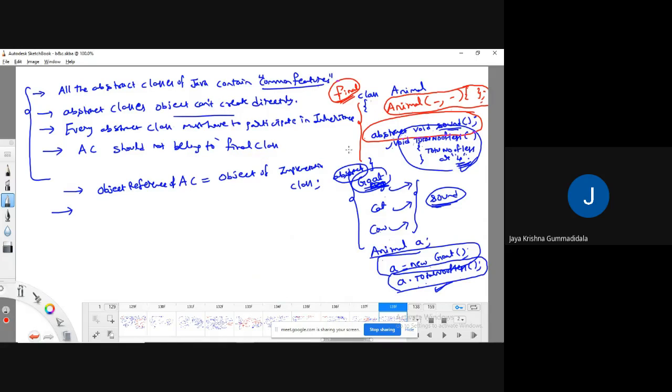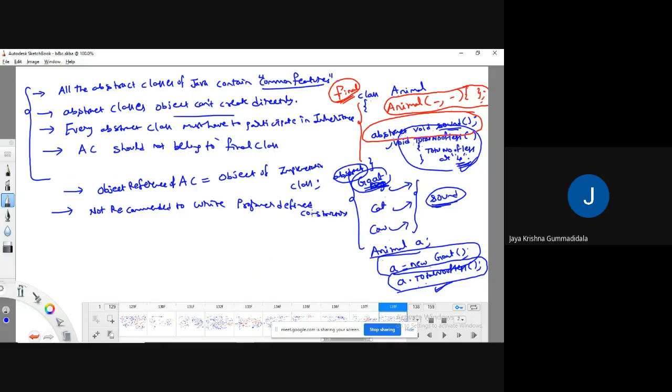No. As we are not going to create objects for abstract classes, it is not recommended to write programmer-defined constructors in abstract classes.